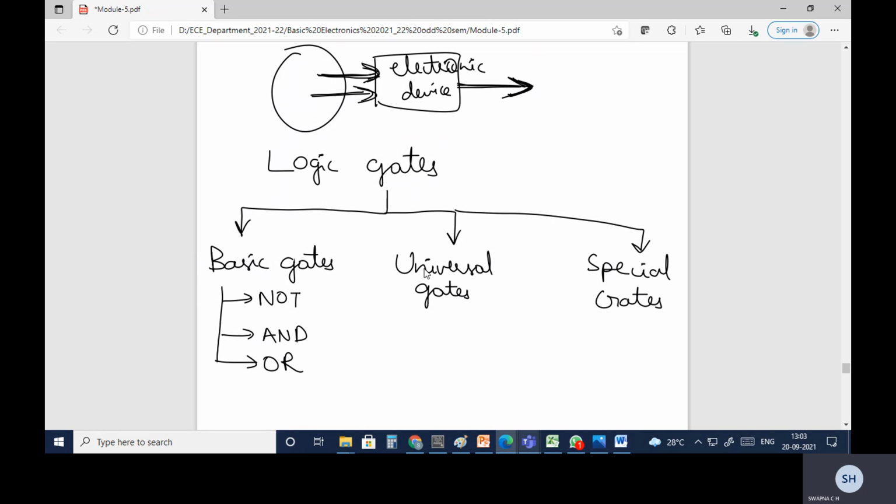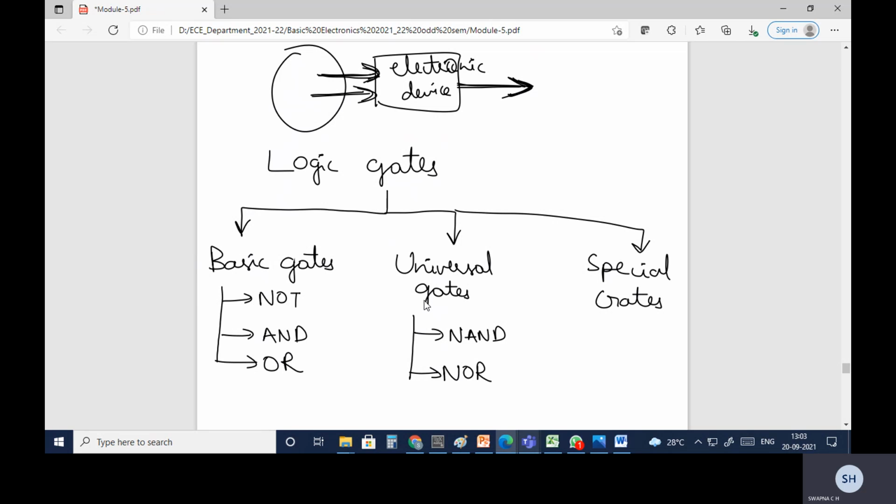The next category is the universal gates. There are two types of universal gates, NAND gates and NOR gates. These gates are very important, and they are said to be universal gates.